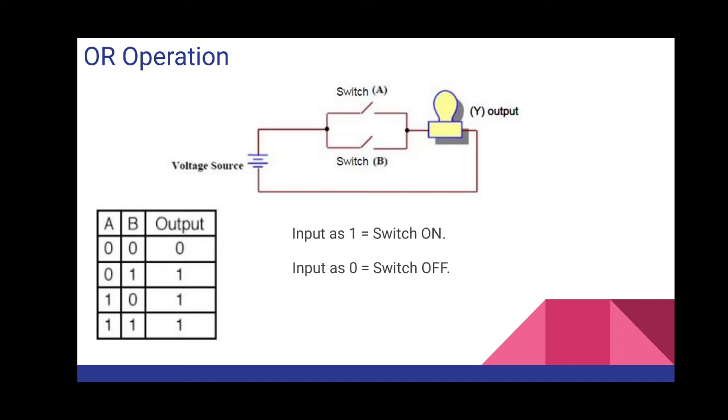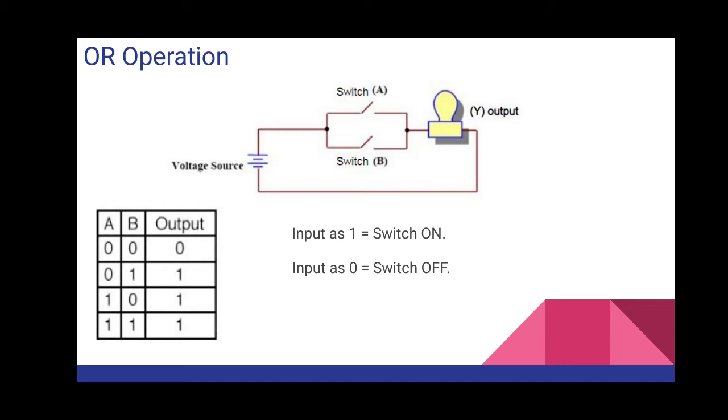Now comes the last condition, when the input or the conditions both are true, that is both are 1. Now here what hint I have told, that it is a simple addition. So 1 plus 1. Now here students, 1 plus 1 will not make 2. Why? Because we have seen the logical operations will return only two values. Either it will be 0 or it will be 1. Not anything else. So here 1 plus 1 will make 1 only.